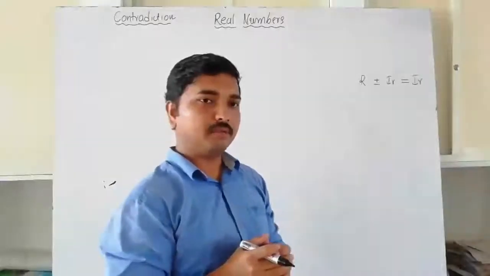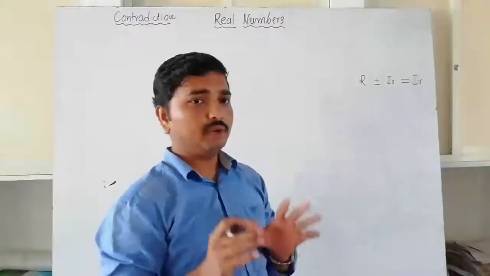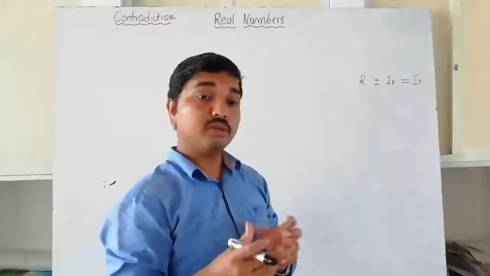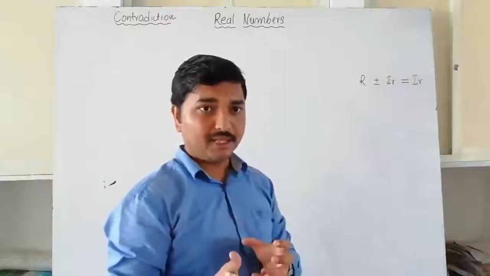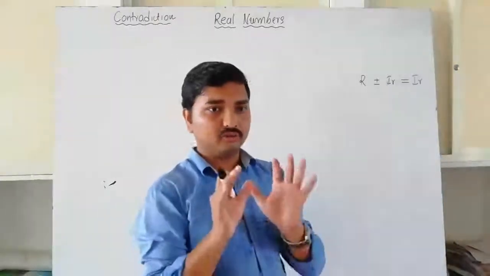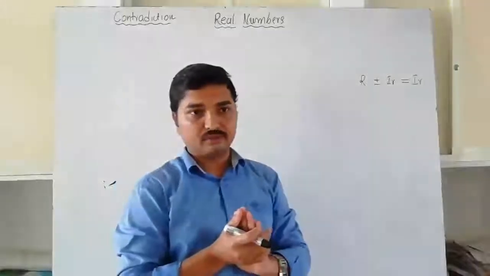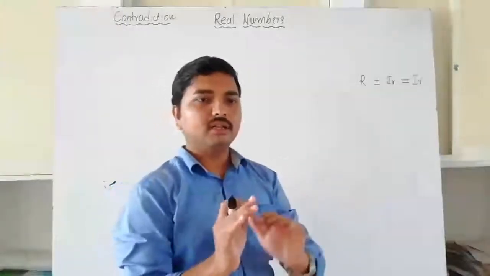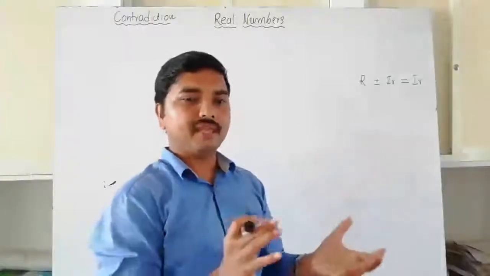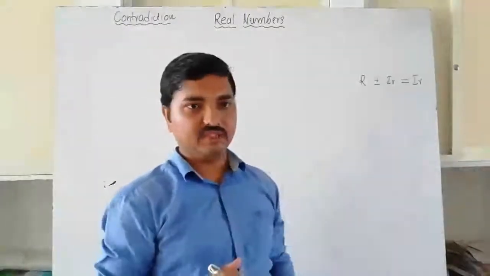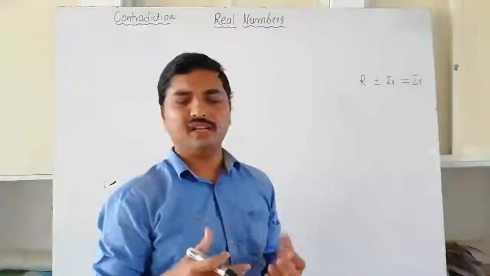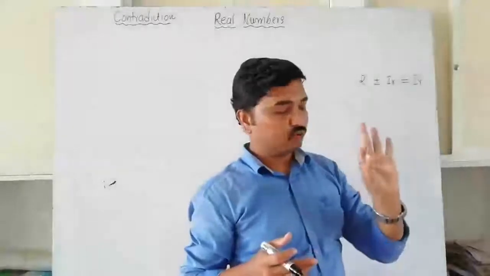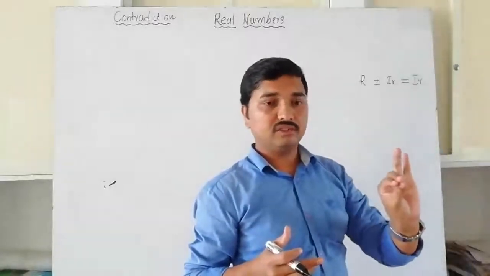Now if you look at the problems I have given, you can identify that a rational number and an irrational number are going to be added, subtracted, multiplied or divided. These numbers are given in the problem itself. After that it says, show that this number is an irrational number. It may also be given that root 2 is irrational, root 5 is irrational, like that. It is already known to you because you have already proved that root 2 is irrational, root 5 is irrational, root 3 is also irrational.